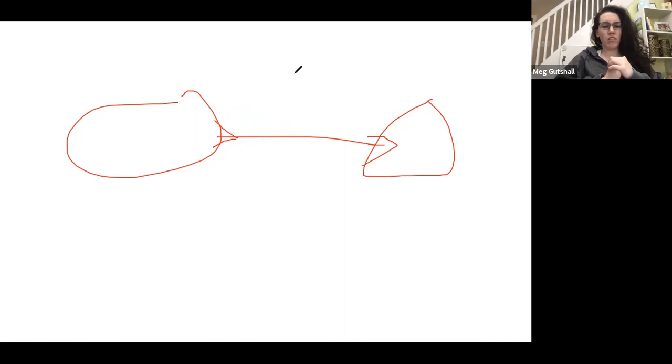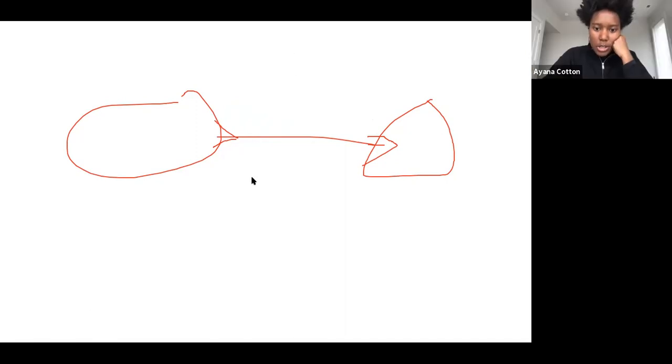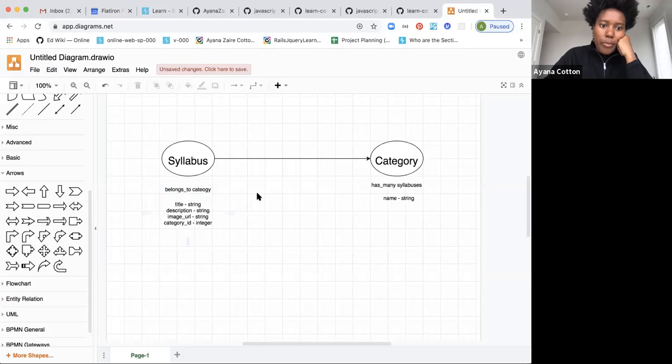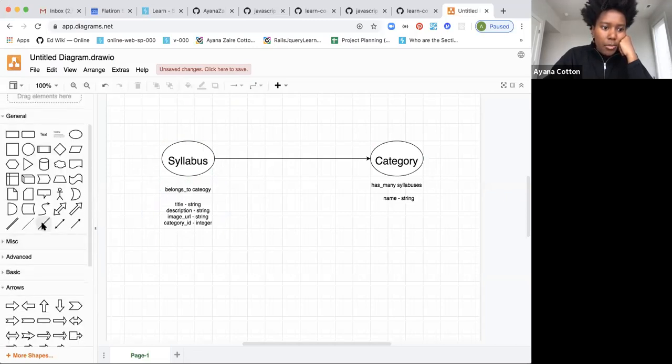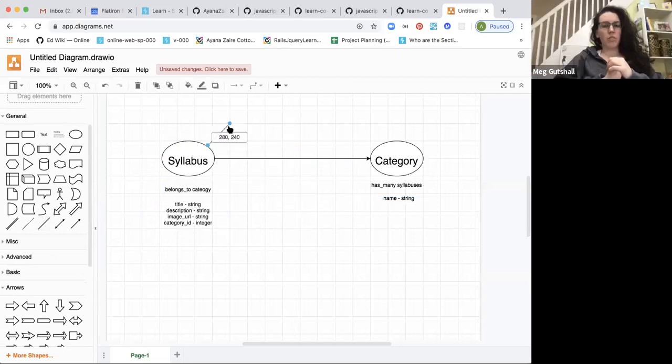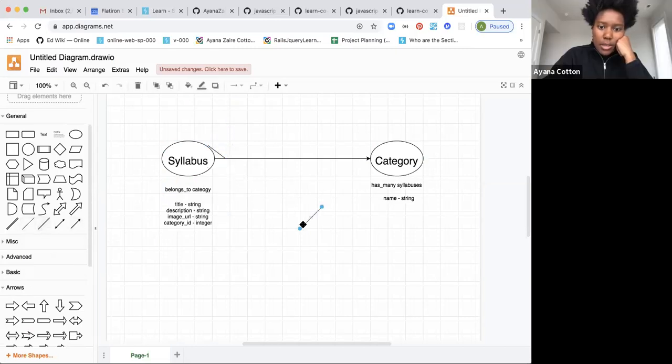Okay. Cool. So I'll go back to our Draw.io. So this is an arrow. There's some sort of way we can get that three-prong feature, but I'm not going to worry about it for now. We could probably just do this. I don't want to mess you up or anything. No, but I think this may be helpful for some folks to visualize it. I'm definitely a visual person, so stuff like this helps me. All right, so has many this way, belongs to this way,